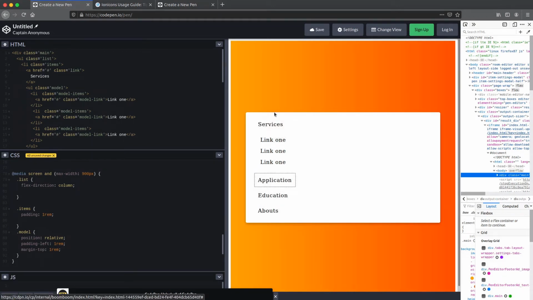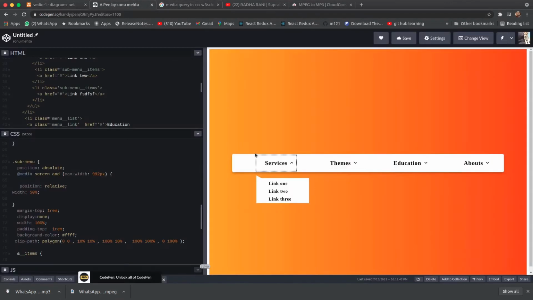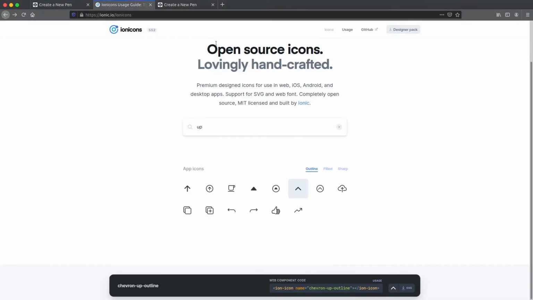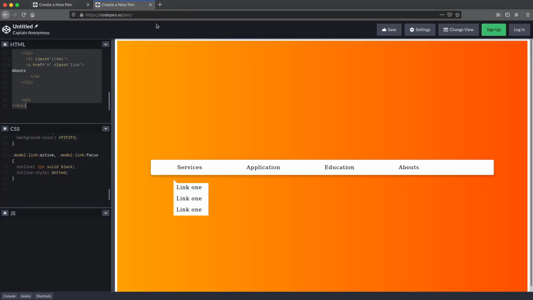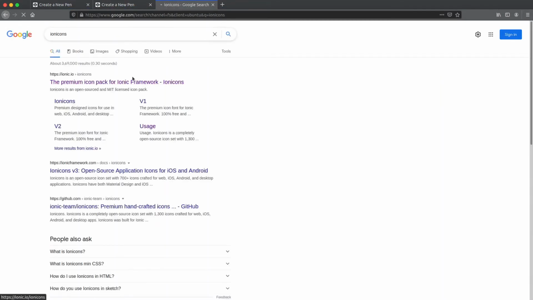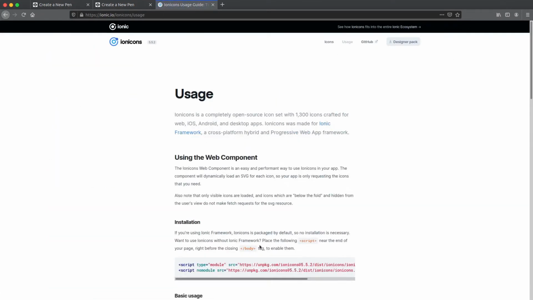Now one thing I want to add: the icon that is shown in my final version, like here, this icon. So add this icon to our component. For this I use a website, Ionicons. So I'll show you how to navigate this. Search for Ionicons, go to the first link. First embed this script in your header,